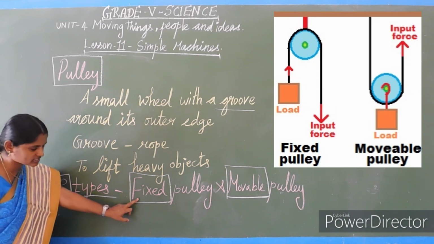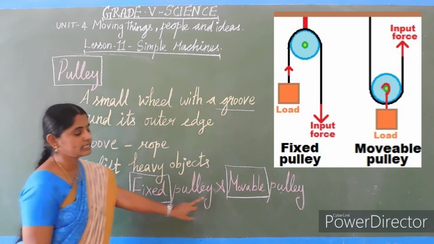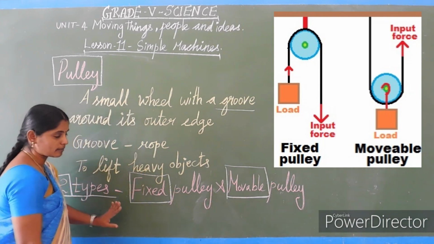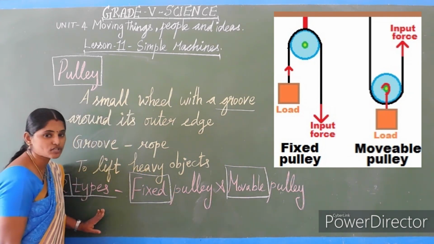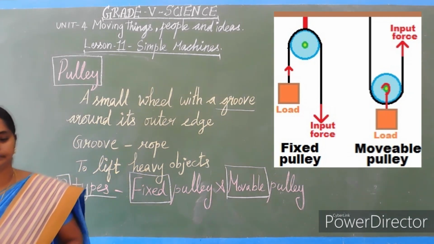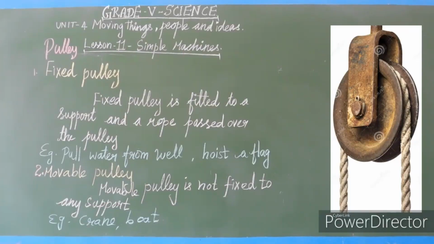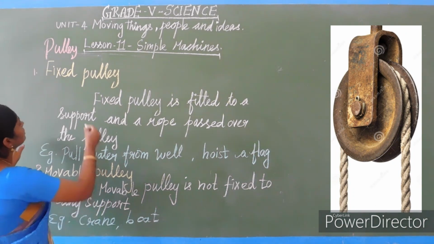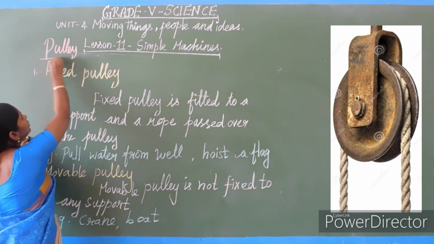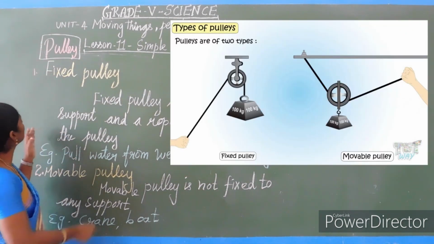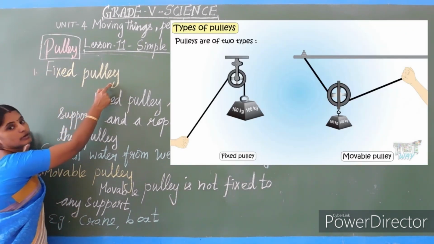One is fixed pulley, another one is movable pulley. Now we are going to see about these two types of pulley. See children, two types of pulley we see, no? One is fixed pulley, another one